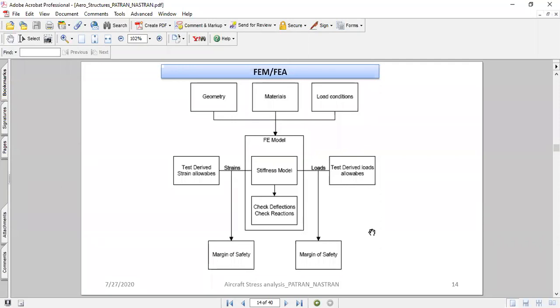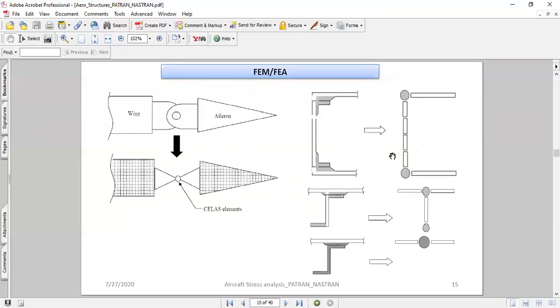So now moving on to the applicability of the finite element onto the aircraft structures. For the past few slides, I have given an introduction on aircraft structures, and I have also given a very brief overview of finite elements. Now moving on to the aircraft structure.